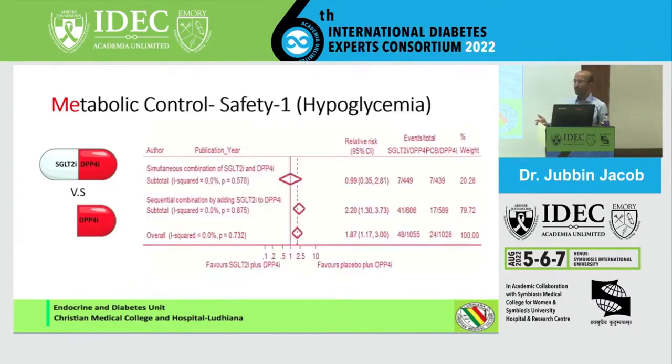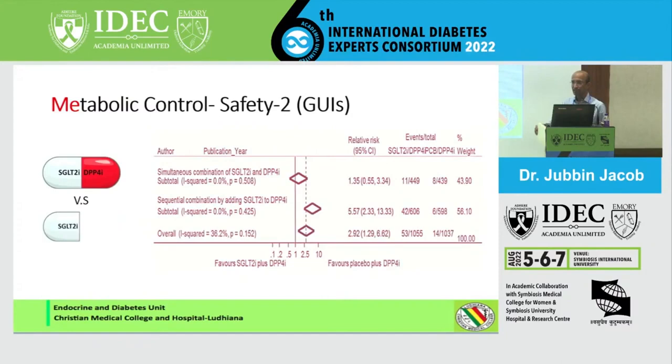In terms of safety, both these drugs potentially do not cause hypoglycemia, so we do not have issues with hypoglycemia. But what was surprising when I first saw the data was that when we used this combination, some of the side effects of SGLT2 inhibitors were also reduced. Primarily, the side effect that was reduced was the occurrence of genitourinary infections, the candidal genitourinary infections. And this is not just with one combination; it has now been seen with all the 3 combinations